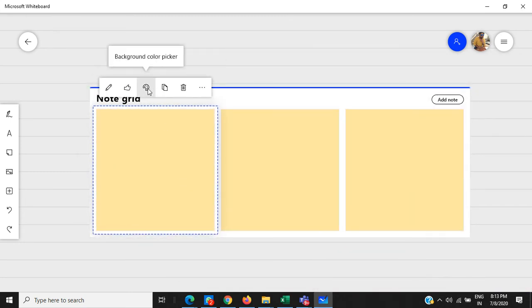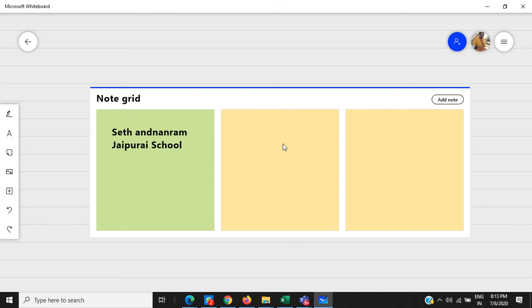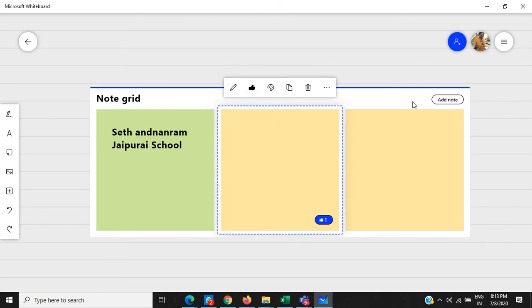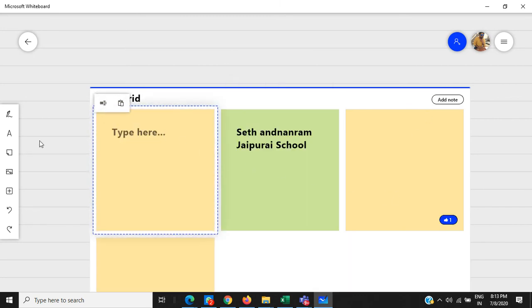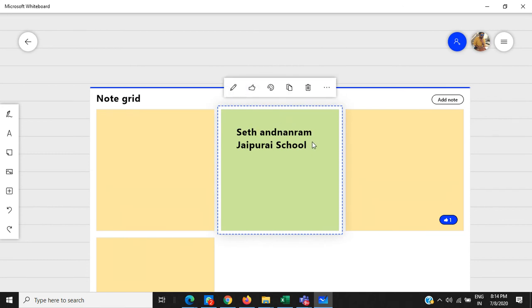So you can add an image, padlet, you can color it by yourself. You can write it over here. Like you want to show something to the students, like touch. So you can type it over here. So you can easily annotate for the students how it can work, and you can elaborate it very easily. If you want to add a note, you just simply add it, and if you want to delete it, just click over here